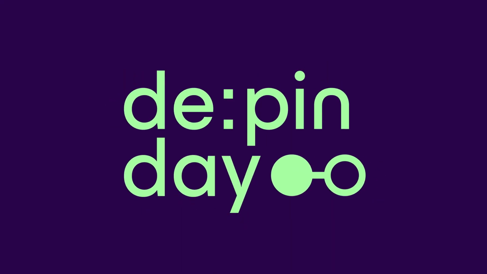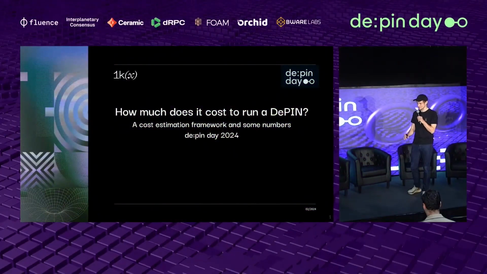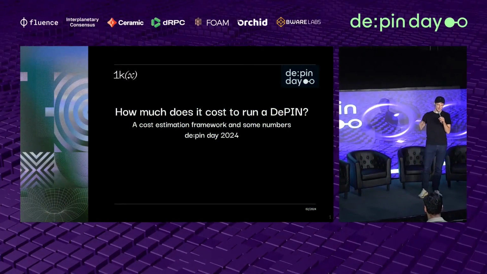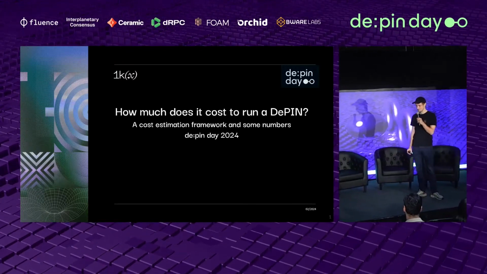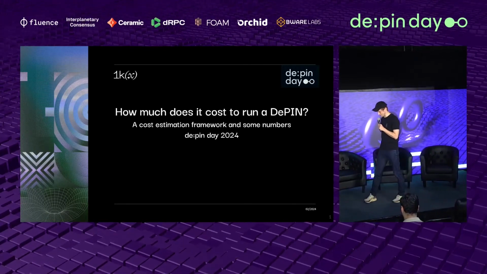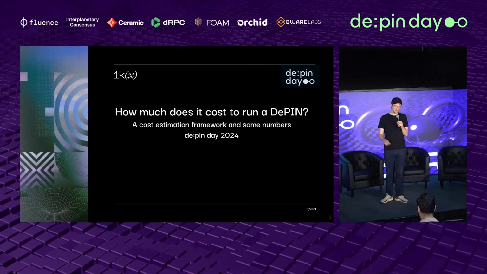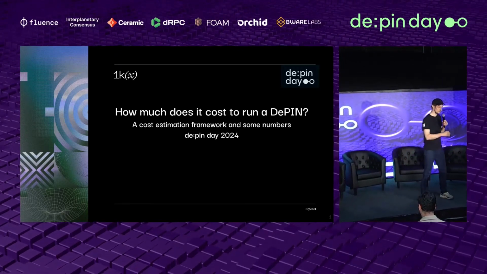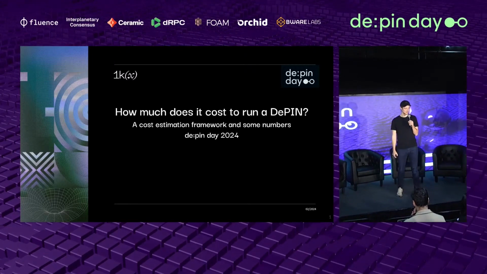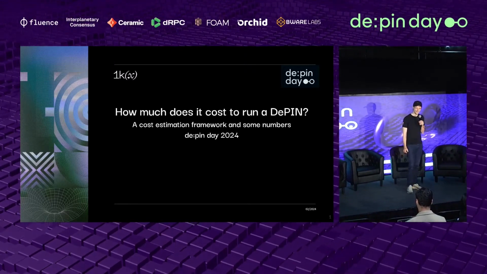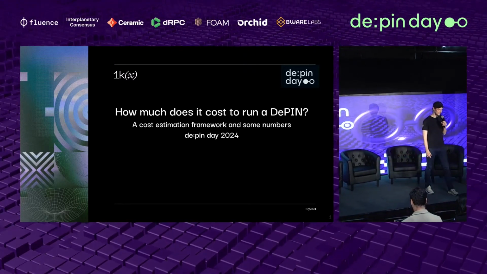Morning, everybody. I want to kick it off with some easy questions. Who here, hands up, knows what a DePIN is? All right, yeah. Seems like you came to the right event. Next question: who of you is contributing to a DePIN by running a hotspot, running a server, providing storage, anything like that? All right, that's also nice. Seems like I came to the right event.